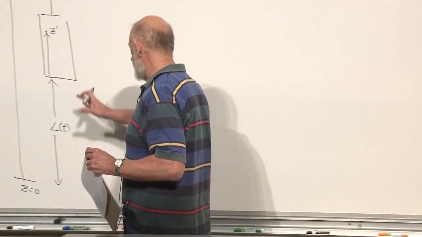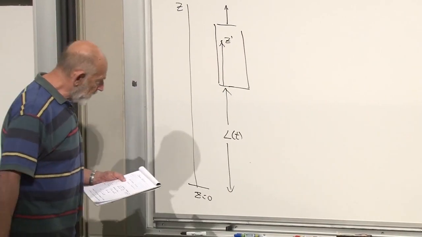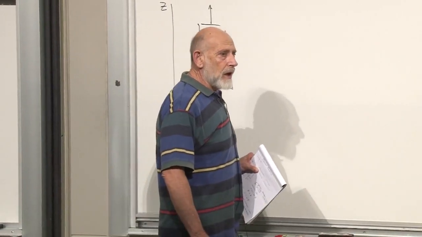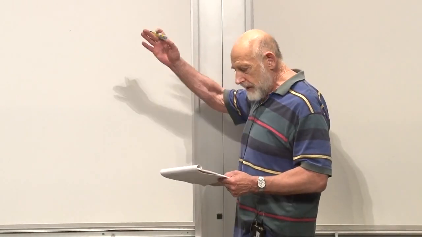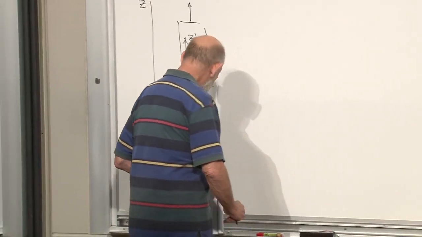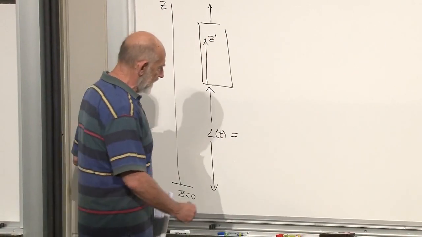But let's see what we know just from slow velocities. Okay, let's begin with inertial reference frames. Let's suppose that both z and z prime are inertial reference frames. That means they're related by uniform velocity. And that means that L of t can just be taken to be vt.